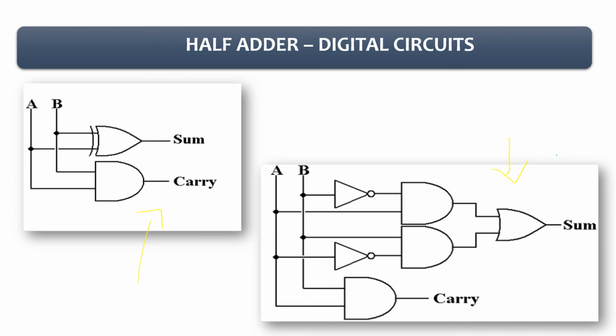Remember why we simplified the expression? To reduce the cost, to reduce the space. So here you can see that before simplification I have so many different gates. Of course it requires more space and more gates, and after the simplification you will get this circuit. So this is about the half adder, its features, its truth table, different calculations, and the digital circuits.